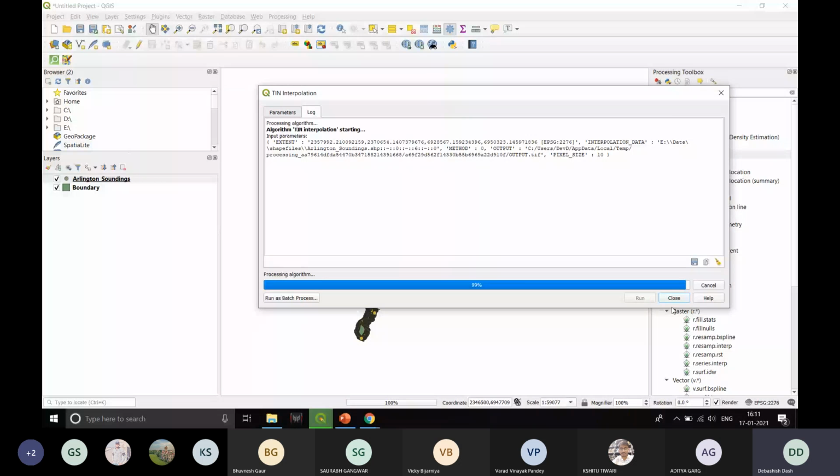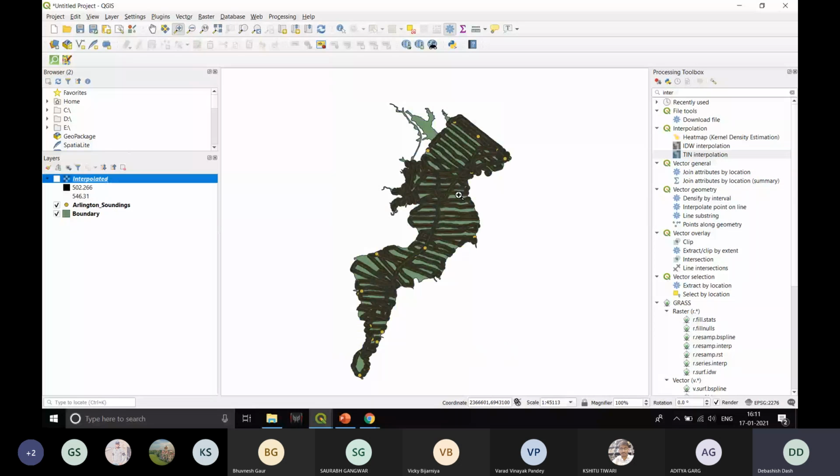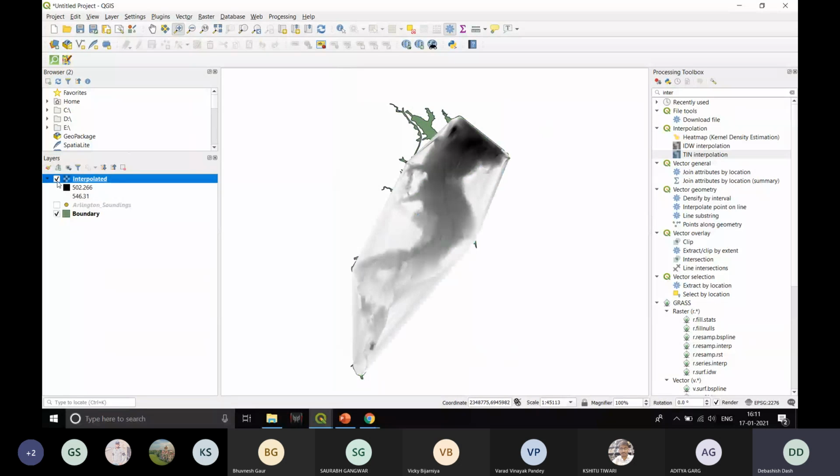Your interpolation is done. I'll just show you. Now you can see the Arlington boundary, I'll just close this one. The Arlington boundary was a very irregular type of polygon, and the interpolation that we obtained is somewhat regular. As you can see, it is like a 5 or 6 sided polygon. What interpolation does is it takes the extreme points in each and every direction and then connects them to give you the final output. So in this place it took this point, in this place it took this point. It took all the extreme points, and then connected them.